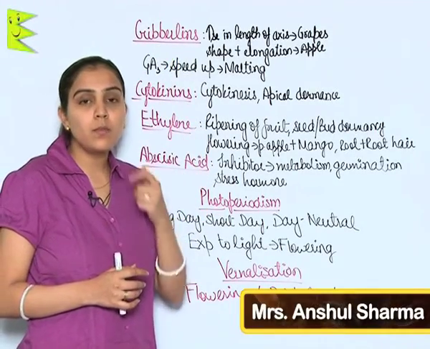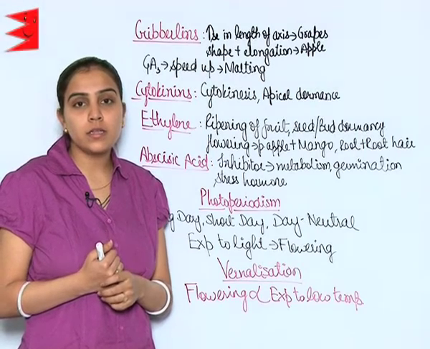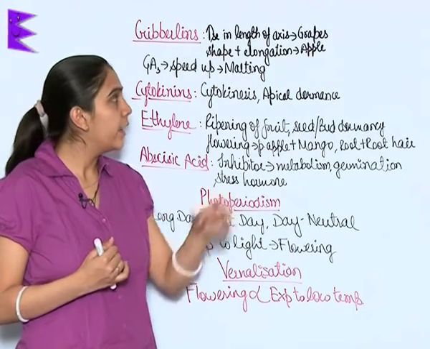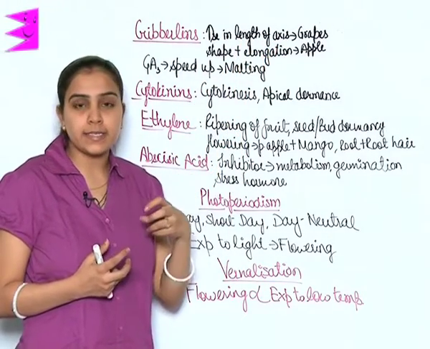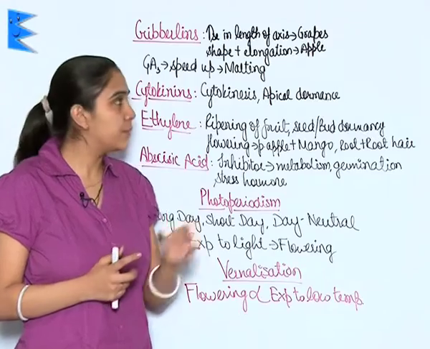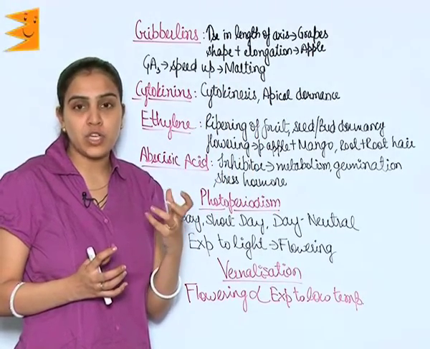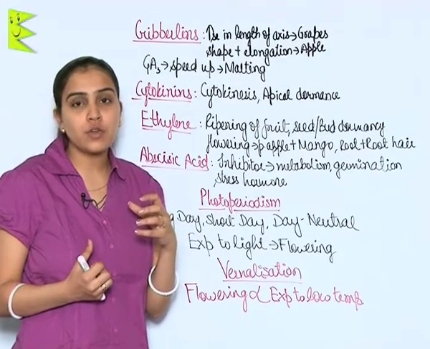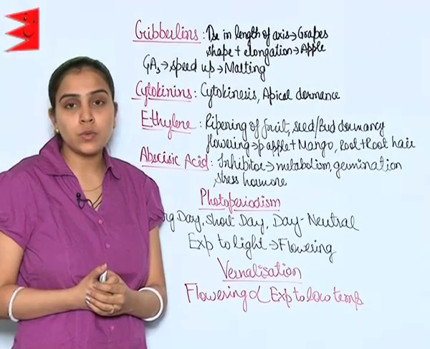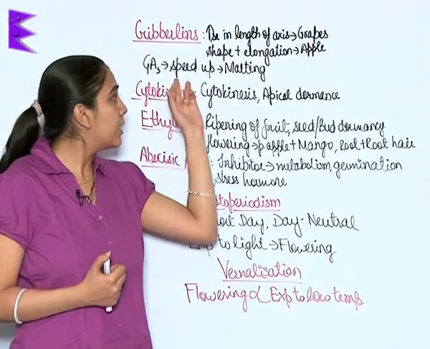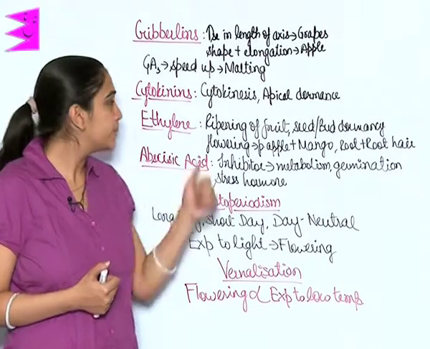Gibberellins. There are more than 100 gibberellins known and they are named as GA1, GA2, GA3 and so on. They are helpful in increasing the length of axis used in case of grapes. They are also used in case of apple for improvement of shape of the apple as well as elongation of the apple. GA3, which is gibberellic acid, is also used